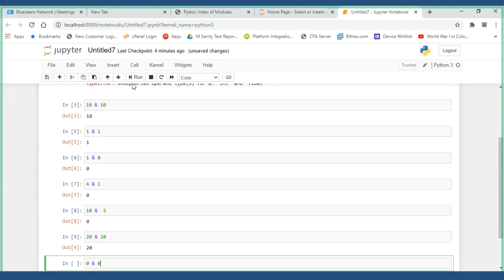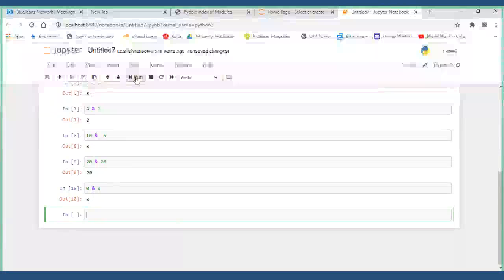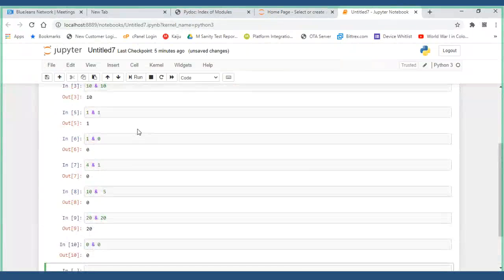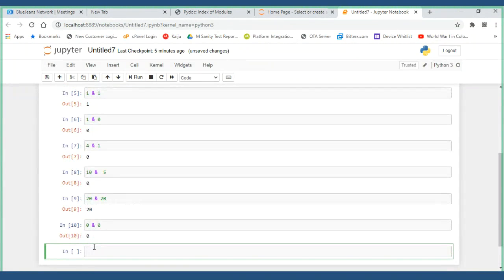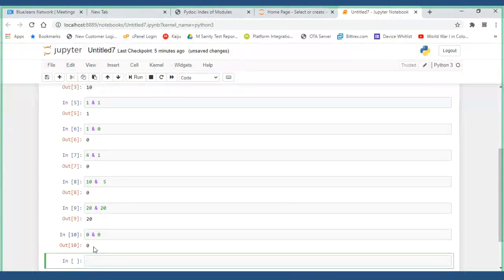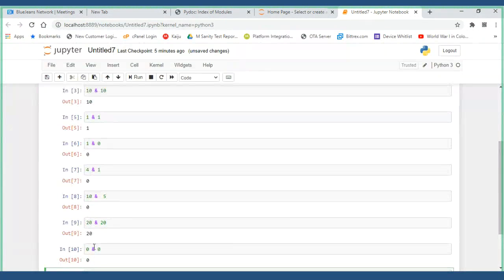Okay, I'll put this. Both are same, right? So it is printing that number only, whatever is there. It is 0, so 0. It is 20, so 20. It is like the AND operator. What they're doing is logical AND operator, if both bits are true.